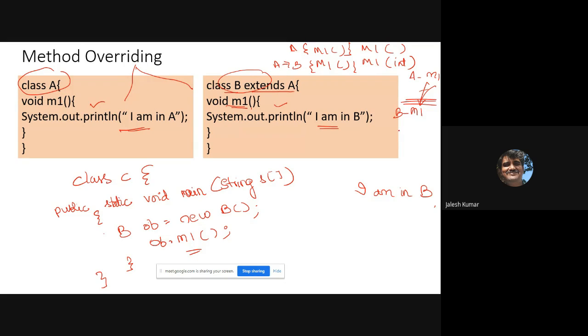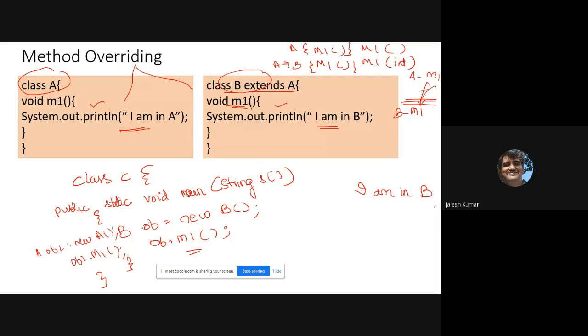So when you are creating the object of type B, if you wanted to invoke M1 in A, you have to create the object of type A. Nothing special in that: ob2 = new A, and then invoke ob2.m1, and this will come.